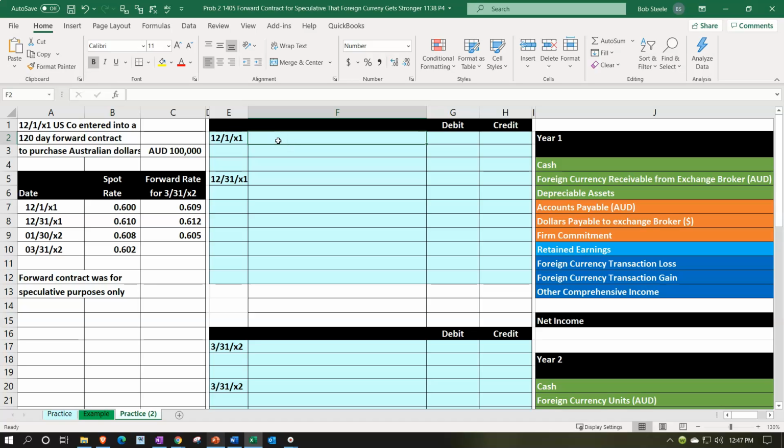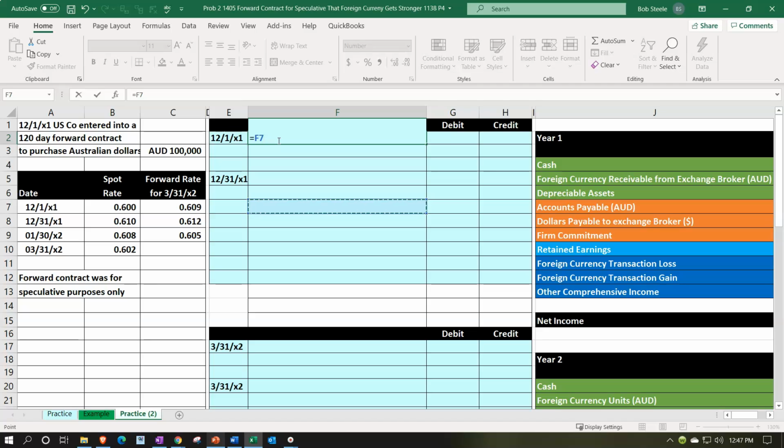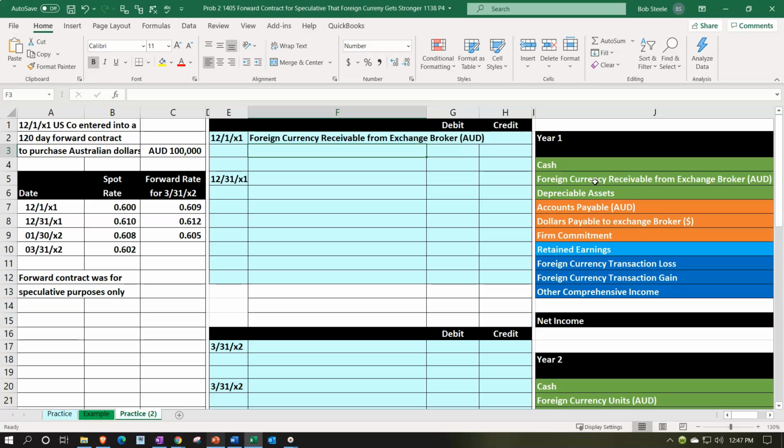So we're going to go to the broker and say, all right, what we want is a receivable. So it's going to be an accounts receivable that we're going to be putting on the books. And we're going to call that the receivable here. It's going to be this item. Very long name. We won't have such a long name in QuickBooks, but it's a foreign currency receivable from the exchange broker. So we're basically saying from the broker, we're going to be receiving the equivalent of 100,000 foreign currency